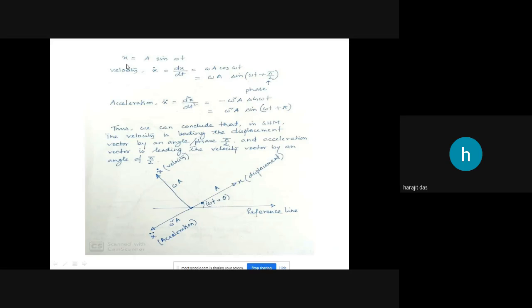To represent the displacement, velocity and acceleration on a common scale, I showed you this diagram. If this is the reference line, then this will be x displacement, where capital A is the amplitude, and this is omega t, that is theta. Perpendicular to this, there will be velocity, because velocity leads the displacement vector by an angle of pi by 2, and acceleration leads the velocity vector by pi by 2. So the acceleration vector is opposite to the displacement vector by the definition of simple harmonic motion, and mathematically also you can prove that acceleration is directly opposite to displacement,